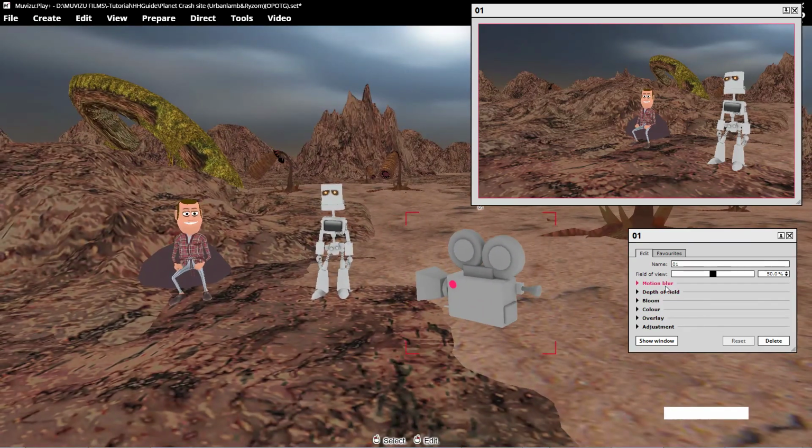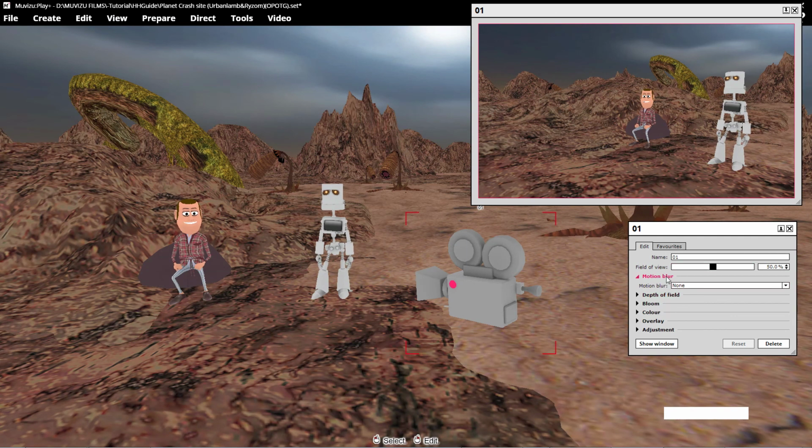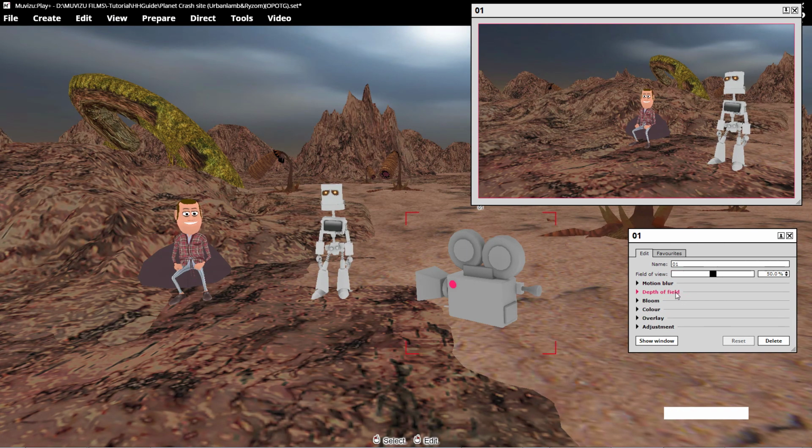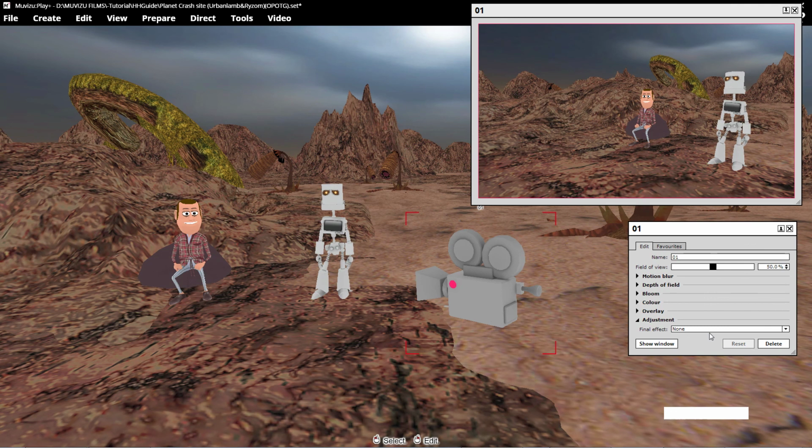And this other stuff in here about the cameras, the motion blur, depth of field. Again, I think maybe we'll do that in a separate stream. I'll take notes and come back in a separate stream and explain all this stuff as well, because some of this is very handy. Some of this is kind of like the effects you get in Hitfilm, actually, because you've got